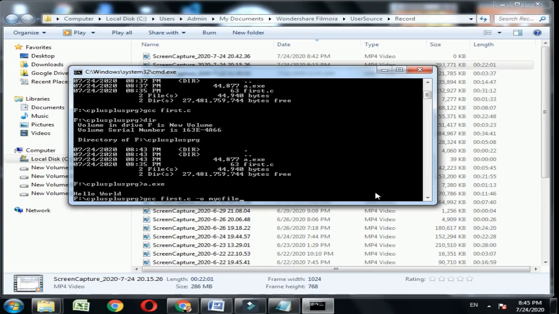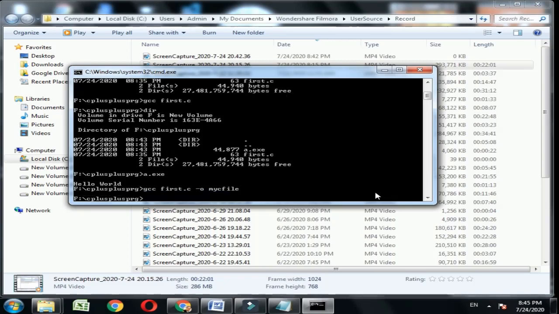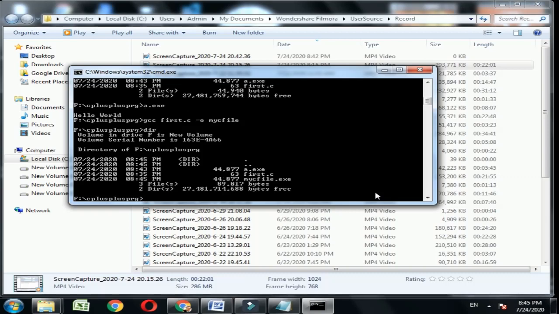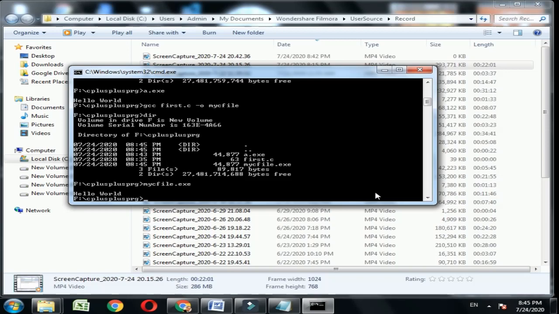So output will be stored here, my C file. Now by typing dir, you can see that my C file .exe is also available here. So if you write my C file.exe, you can get the output directly. In this way also you can check whether your C program is working or not.